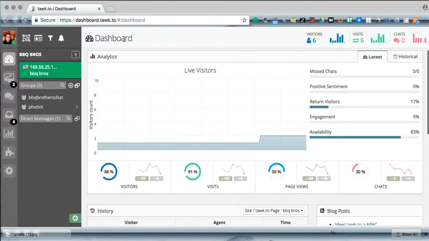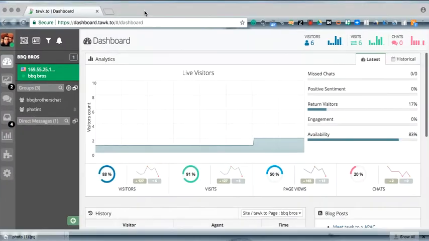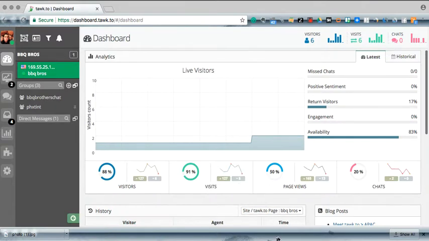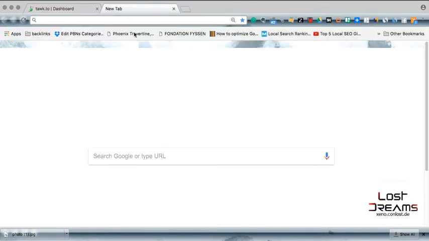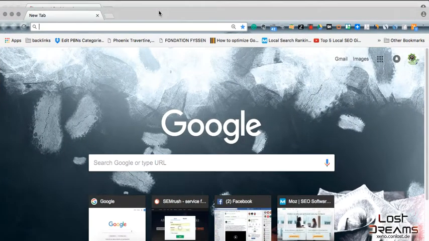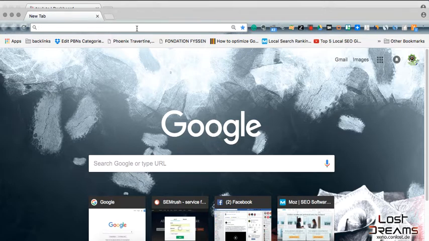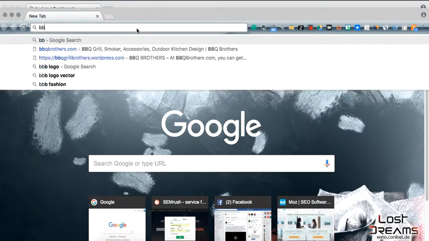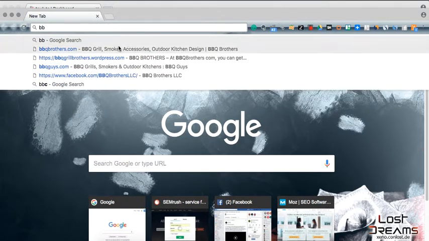A couple things with it though. Let me show you here is what we can use it for and the capabilities. I mean, we obviously are going to have the capability of real time talk and chat with clients as they hit the page, but that's just a small portion of what we're going to be able to do with this. So right now I have it set up on Barbecue Brothers, one of my clients here. And what's going to happen is as soon as we go to the site,